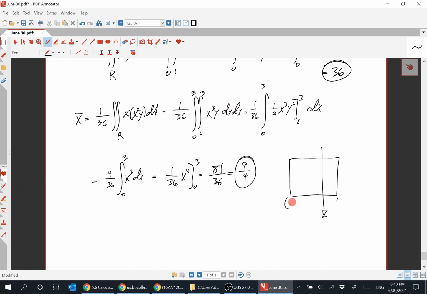So it's not going to go as far in the y direction. So from 1 to 3, just a little bit more than halfway. So it'll be 2.1 or something like that again. So the y bar